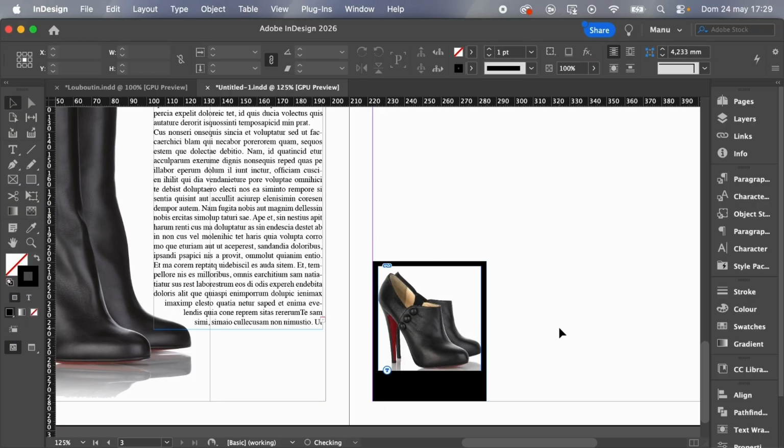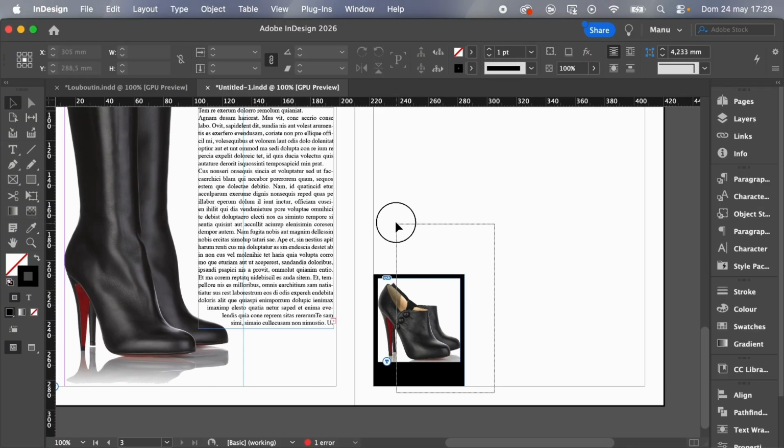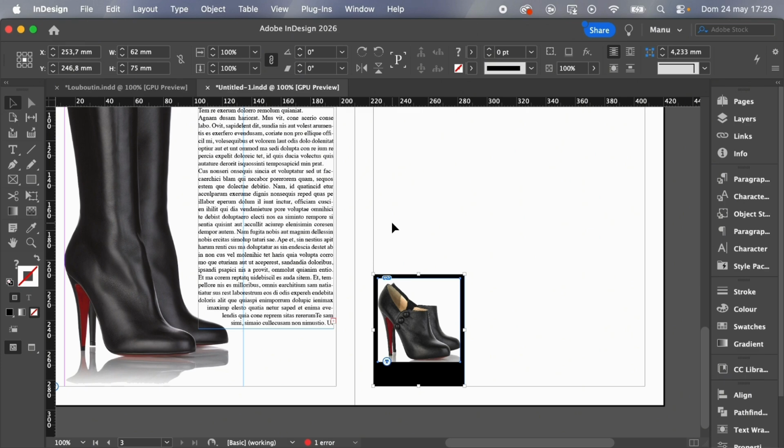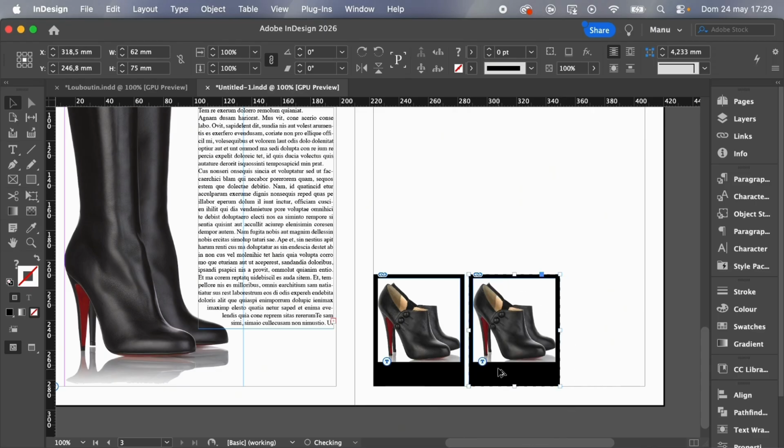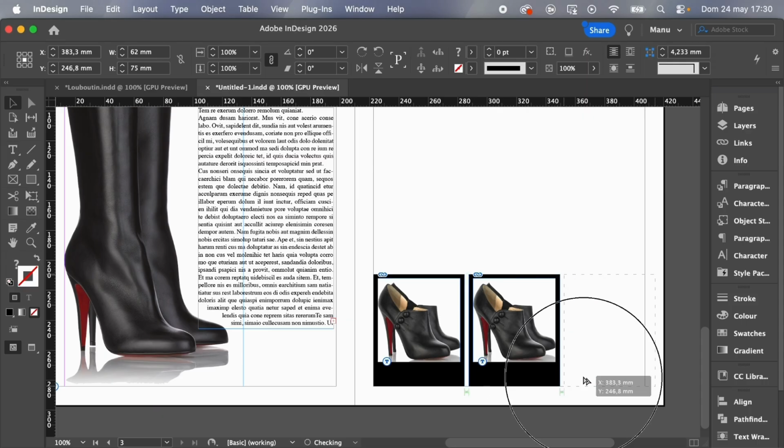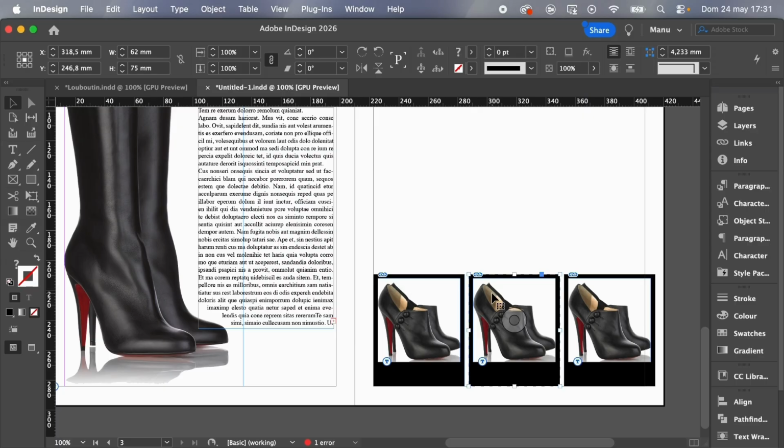The result is more or less correct, but I can go in by clicking twice and then use the cursors to be more precise. Once this is done, I can select both elements, Control Command G to create a group, and then I will make a copy by holding Alt or Option in Mac, Shift, drag, and release more or less here. Then again, I make a copy. The intelligent tools of InDesign help me to find the same distance between the objects. Then I release, and then I just have to change the photos.